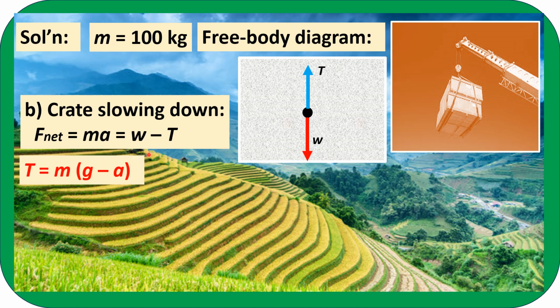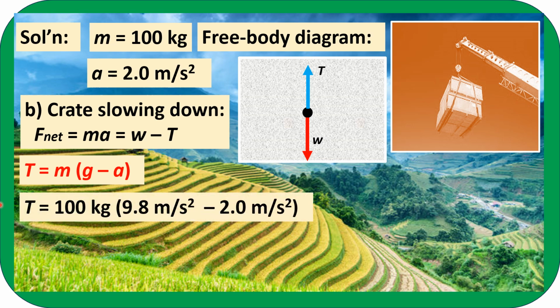So for the final question, we're now talking about the second situation where the crate is slowing down but still moving upward. Using still the same assumed mass, 100 kilograms, and assumed magnitude of the acceleration equal to 2.0 meters per second squared, our derived equation for this tension force T when the crate is moving upward but slowing down is capital T equal to mass times the quantity g minus a. So when we substitute the mass 100 kilograms, to be multiplied by the difference between the acceleration due to gravity 9.8 meters per second squared and the assumed acceleration small letter a equal to 2.0 meters per second squared, doing our math, we will get the magnitude of the tension force capital T equal to 780